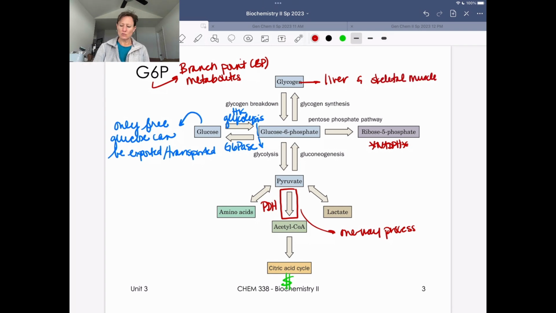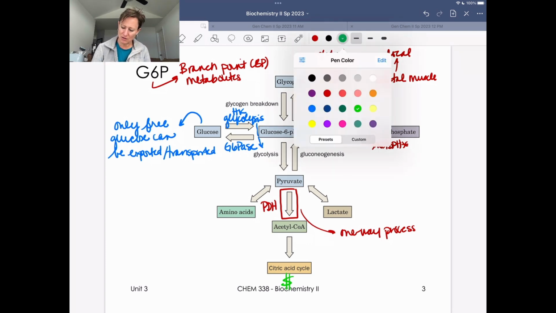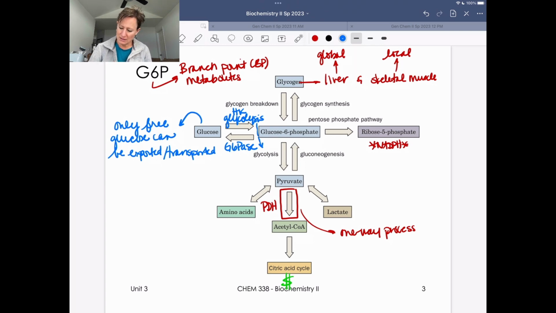And we've highlighted this already, but the glycogen stores that are in your liver are intended to be used globally, okay? And in skeletal muscle, that glycogen is intended to be used only for local use. And here's one of the reasons why, tying in something that we've already sort of discussed here. There is no G6Pase